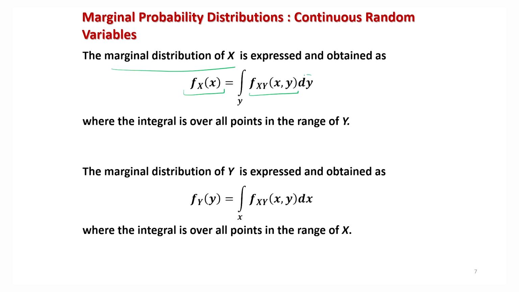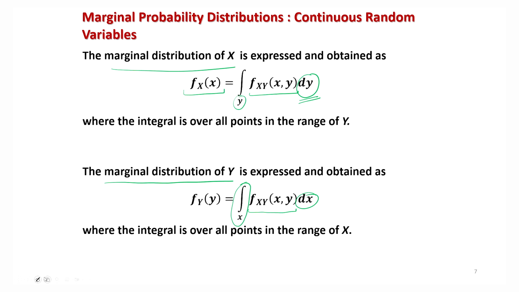So now I am trying to integrate out the effect of y just by integrating this joint probability density function over the range of y, so it will be the range of y and dy, right? So now I believe that the effect of y has been taken out, and whatever effect remains belongs to x. And similarly, if you want to find out the marginal distribution of y, then you take the joint density function and integrate it out over the range of x, like this: integral over x of f of x, y dx.